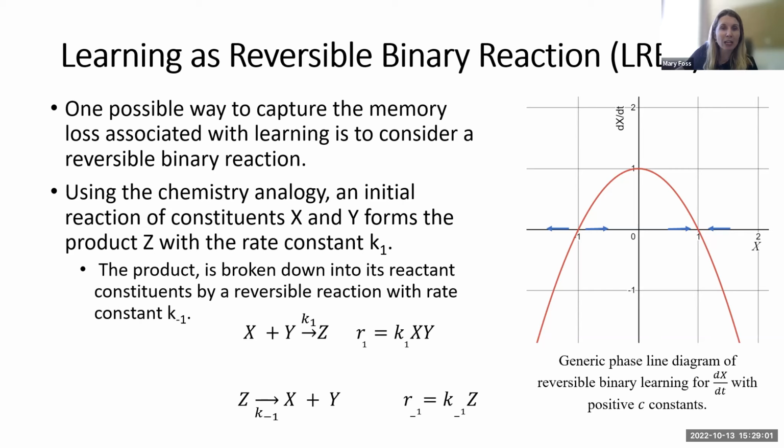Okay, so looking here, this is our phase line diagram. This is assuming positive C constants. We see that there are two equilibrium conditions. So this is where our graph crosses that 0 axis. The one where it's -1 is unstable, but we do have a condition that is stable. And also it's important to note that there are conditions where the change in knowledge, so this is our dx/dt, is positive or negative, implying that there's a theoretical ability to optimize the rate of change of knowledge.